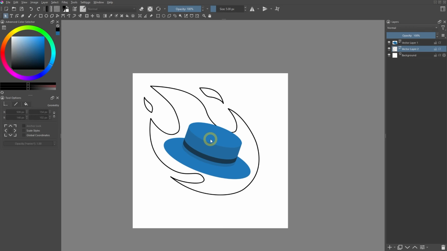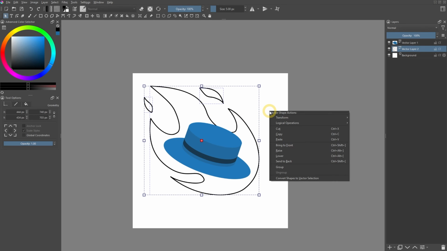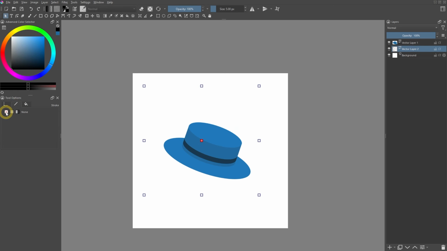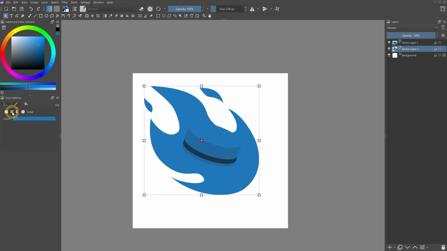To fill the three shapes using the same color, we can first combine them all into a compound shape. To do this, first, we need to select them. Right-click and choose a logical operation called Unite. After all the shapes are considered as one object, we can set the color at once easily. For the stroke color, we can choose No Stroke Color. And for the fill color, you may just use a solid color if you prefer a flat style.